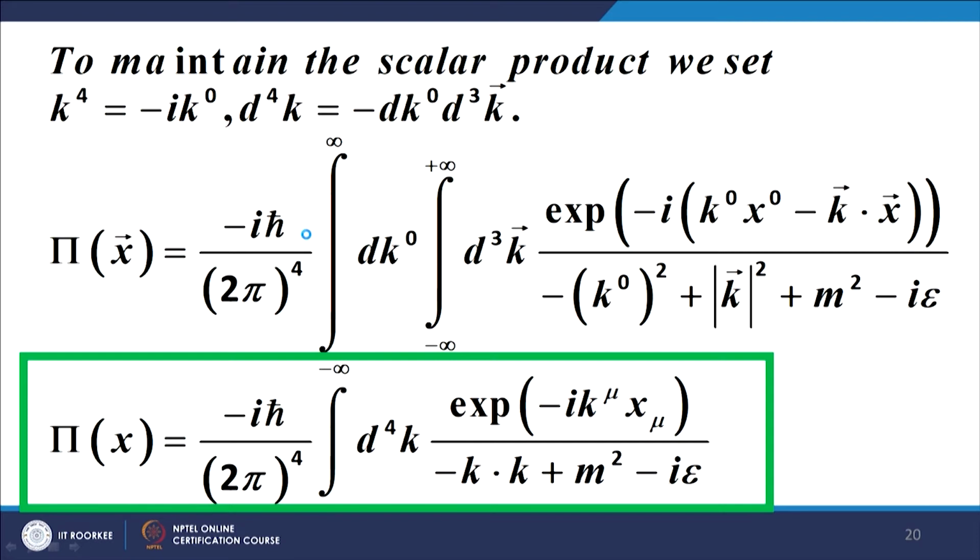This minus I would be absorbed when we work out the transition amplitudes, and the formula for the transition amplitudes would be modified accordingly. The important point is, if we are using this expression for the propagator, we need to use the expression for the transition amplitudes that were derived in the context of Euclidean space, whereas the expression for the propagator that was arrived at earlier directly relates to the expression for the transition amplitude in the Minkowski space.